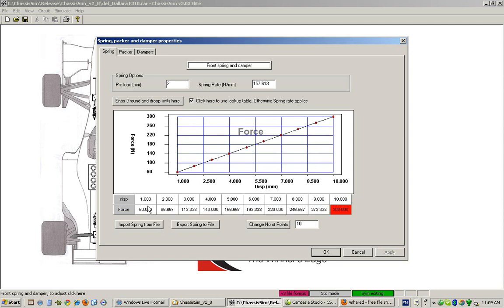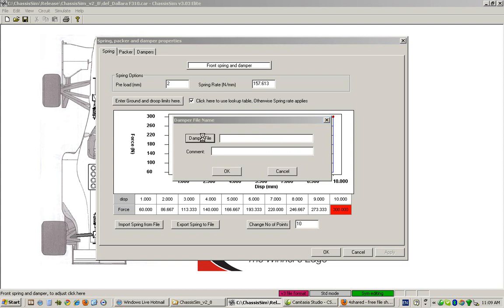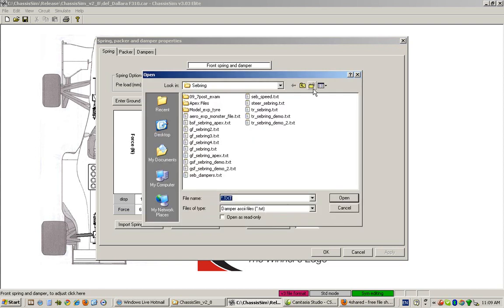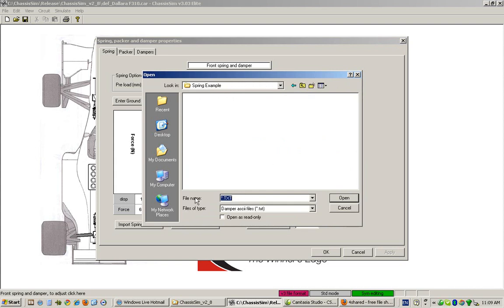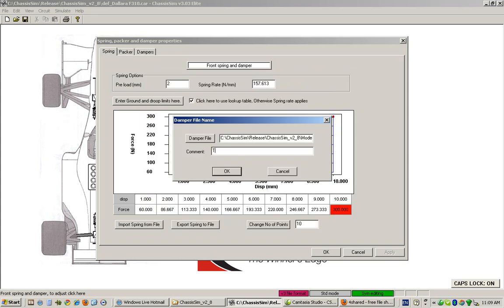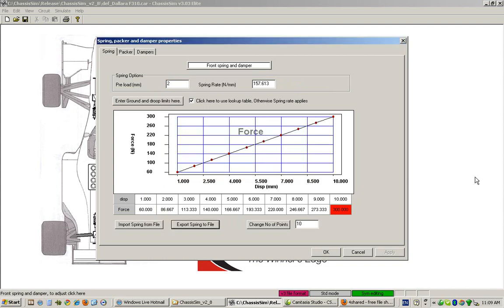We also have the option of importing springs and exporting them. To export the spring, all we do is click on export spring. We navigate to a spring file of our choice, and I'll just put in here a spring example, and I'll just say this is my test spring. We could call this any name we wanted, and I'll call this a test,